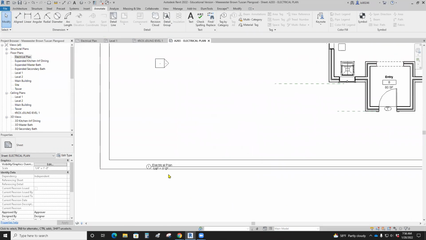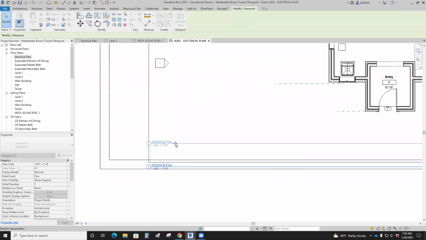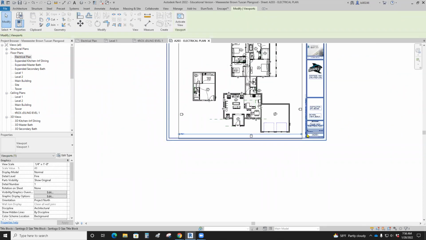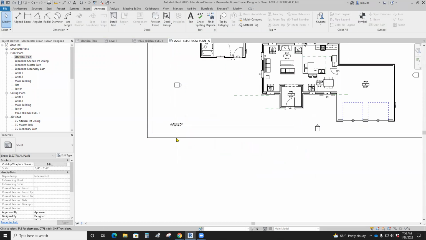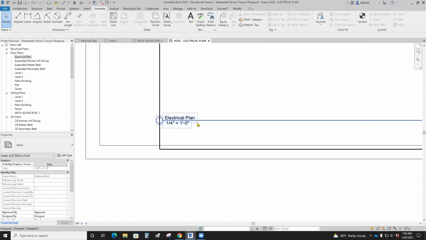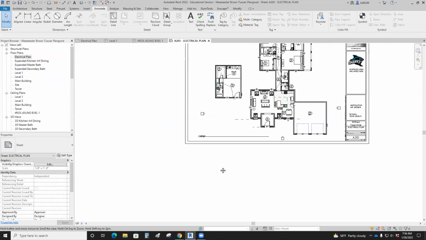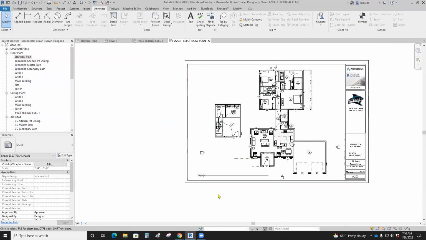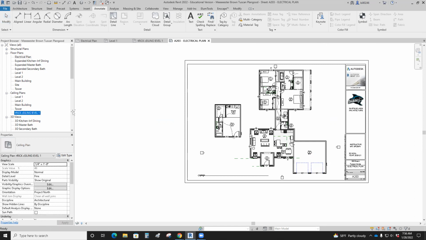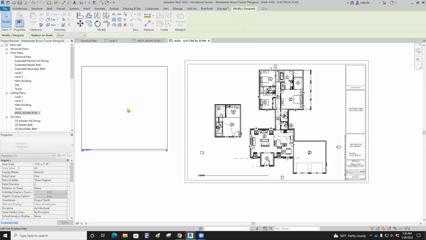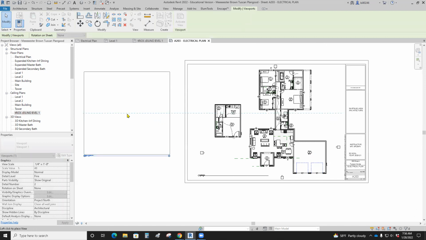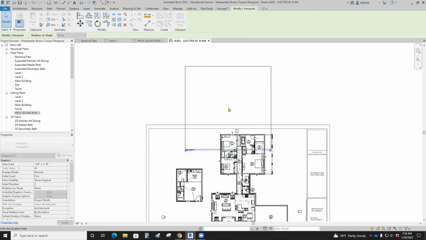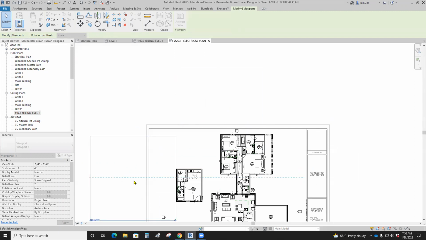And I've got a view tag here. Let me go ahead and put that up there and just kind of get in a spot where, you know, it's not annoying. So this one I want, electrical plan, that's what I want right there, okay? All right, so how do I get the light in the building? Well, I take this trick ceiling plan and I drag it in the model, right? Here it is. Now, do you see that green line right there? And do you see that green line right there? That green line